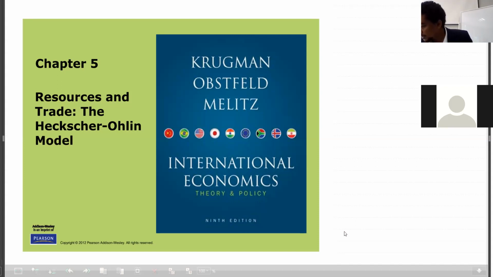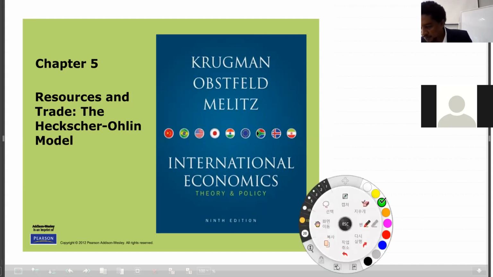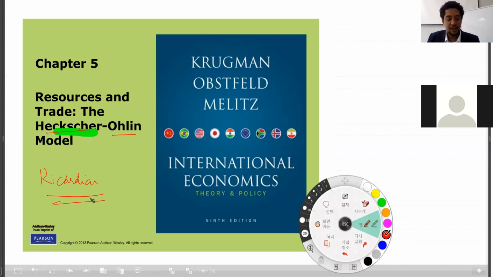Okay, so I will just mention some of the objectives we have for this chapter. The topic for our chapter is resources and trade: the Heckscher-Ohlin model. These are two authors who proposed this model, Heckscher and Ohlin. You remember the Ricardian model, which we talked about in our 3rd chapter. In the Ricardian model, we said there is a single factor of production,